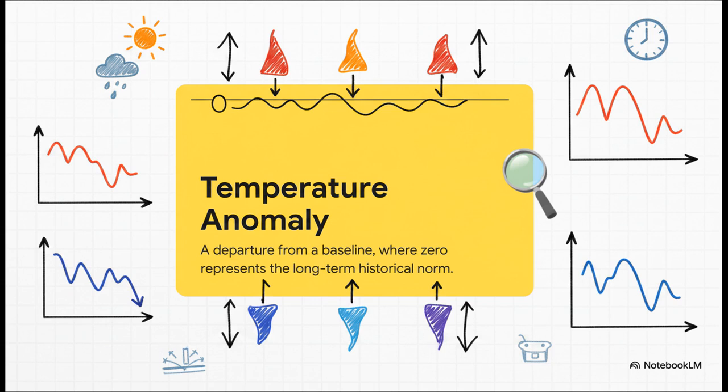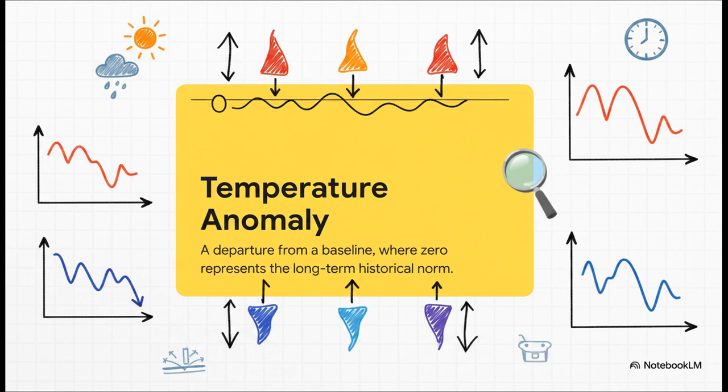See, when we look at our data, the vertical axis isn't going to show you an absolute temperature, like, 15 degrees Celsius. Instead, it measures a departure from a reference baseline. Think of the zero line on the graph as the long-term historical norm. Any data point above the zero line just means it was warmer than the baseline, and any point below the zero line, well, that means it was cooler. This lets scientists clearly see the shifts and swings across vast stretches of time without getting bogged down by localized